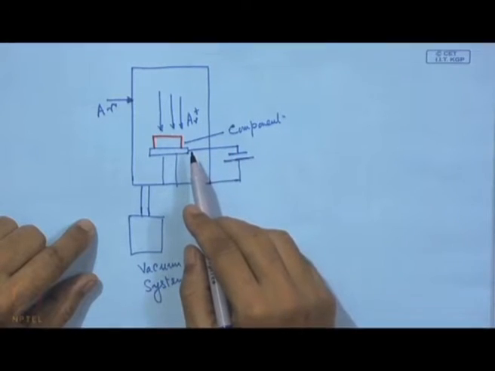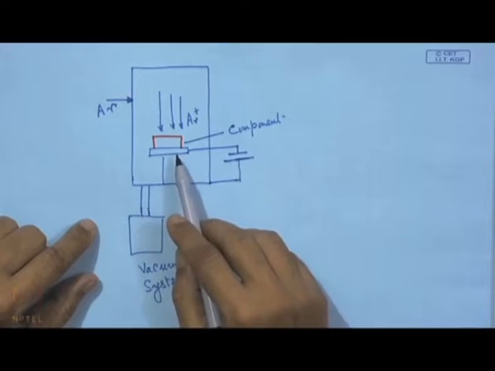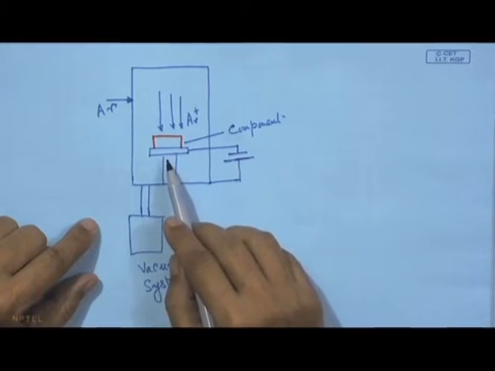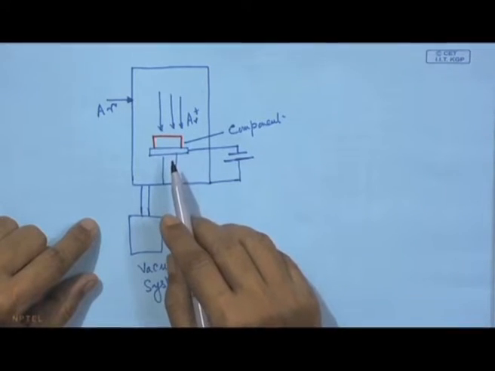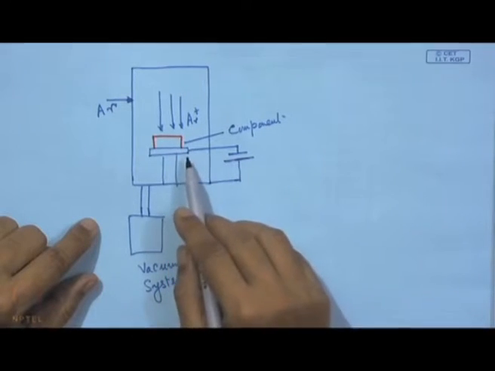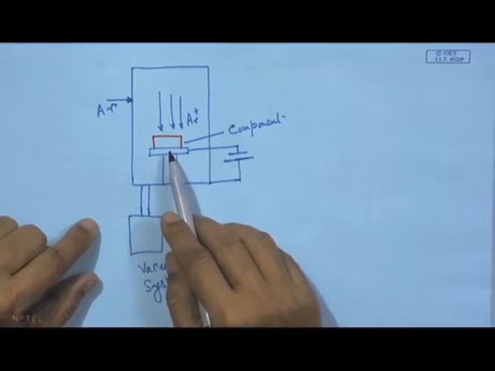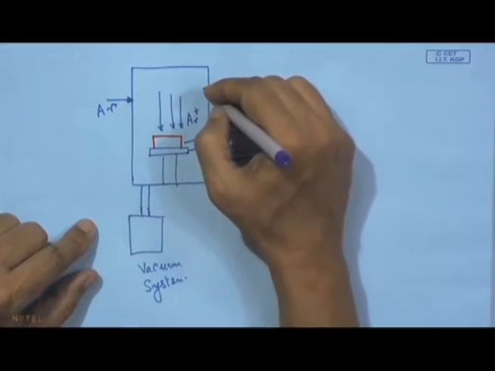We can control the depth of that deformed layer, the thickness of that deformed layer. We can also have some dent formation on this surface. Sometimes it is also necessary to use this as a pocket for fluid, for lubrication. So, there are various ways of using this process, but most important here is that first of all you have